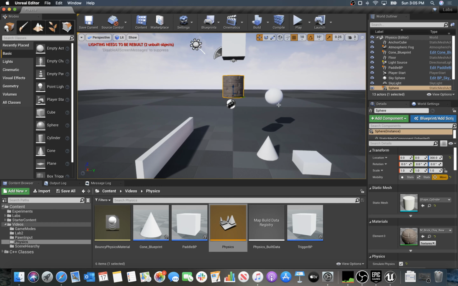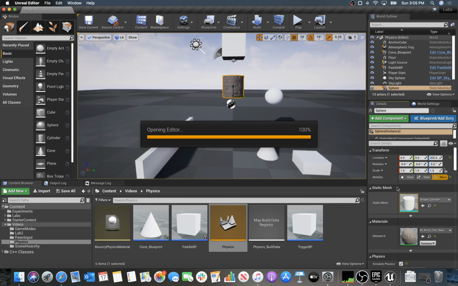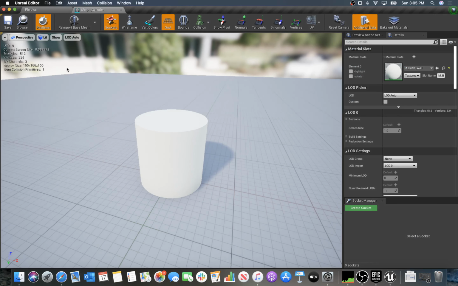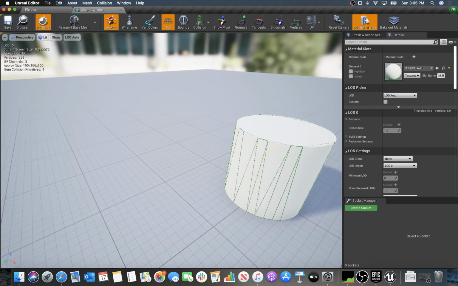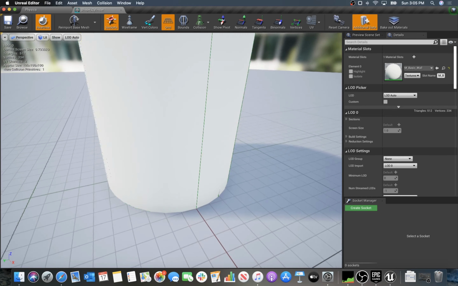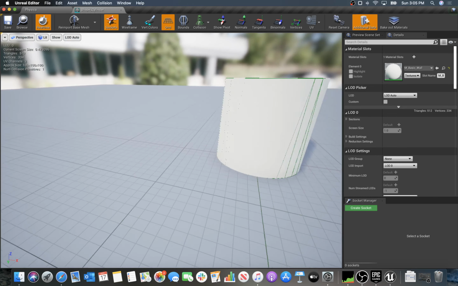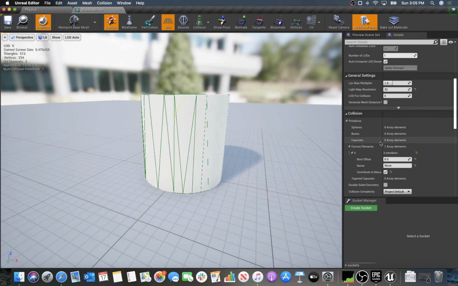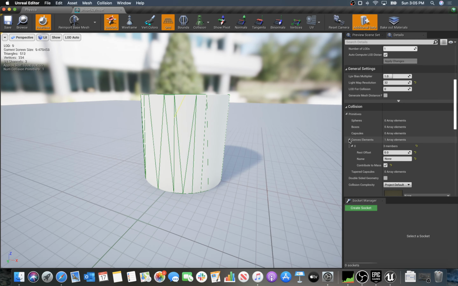So I'm going to just take this object, and there's a cylinder here. And if I double click on it, you'll see that it will bring up a mesh editor. And I'm going to just grab this and put it in my window here. And this mesh is a cylinder, and I can come over here to my collision menu item, and I can select it, and then it'll show me what the collision object is going to be used for. Well, that's generally pretty complex for this object. All right. And if I scroll down here, I can see in my primitives that I have a convex element